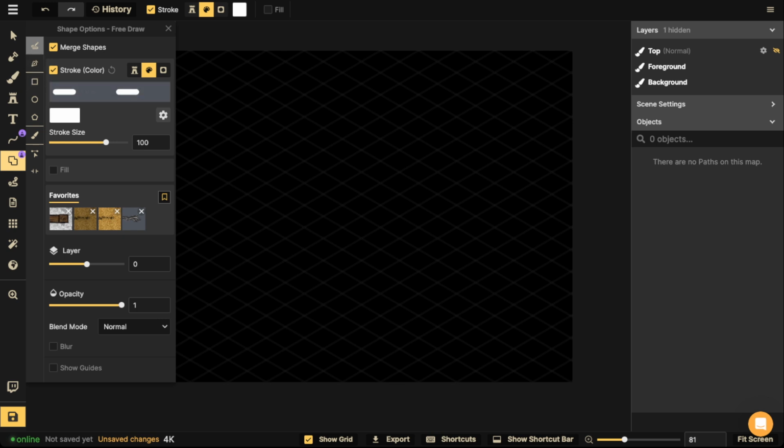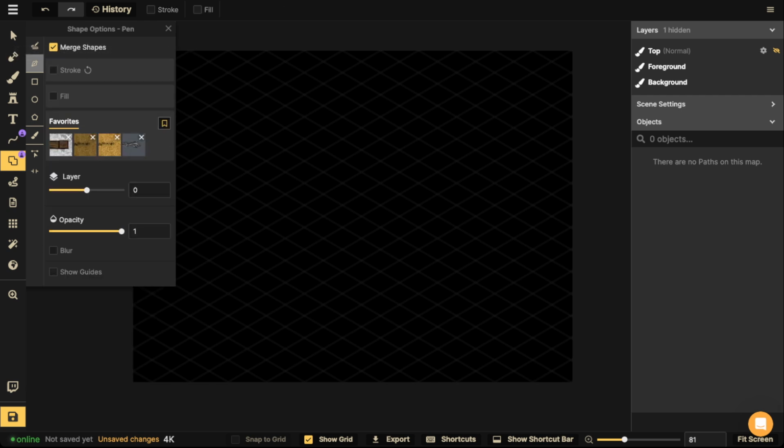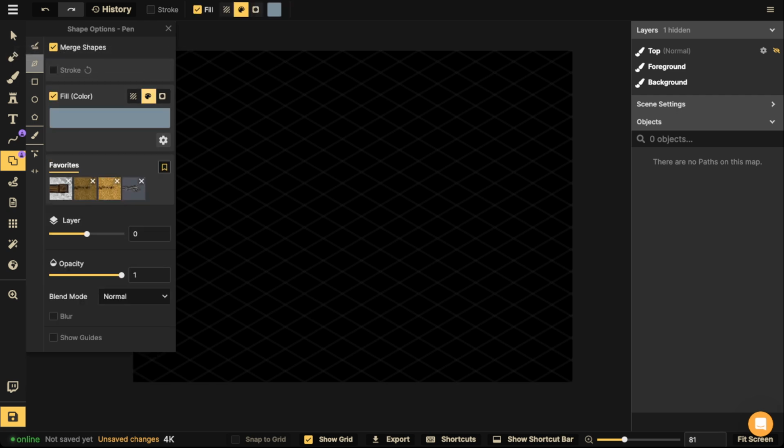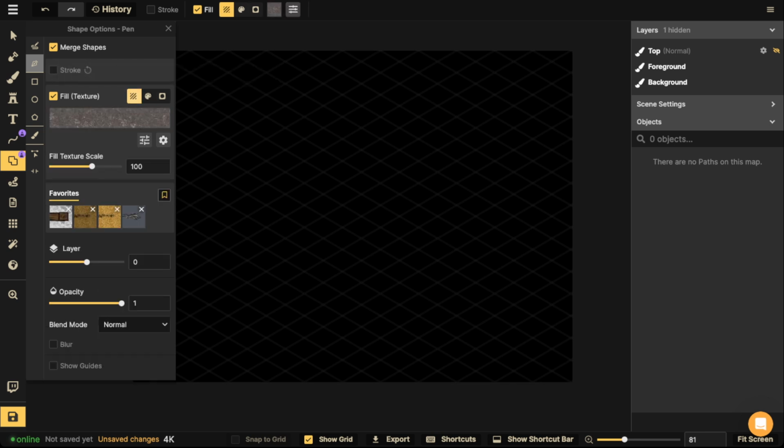But you'll click your shape tool, and you're going to click a pen, and then you're going to turn off. You probably don't even really need a stroke, though you could put one if you want. I generally don't. You could do fill, and there's a couple options here. You could use a texture from Fantasy Battlemaps or Fantasy Regional as the top, or you could use the clipping